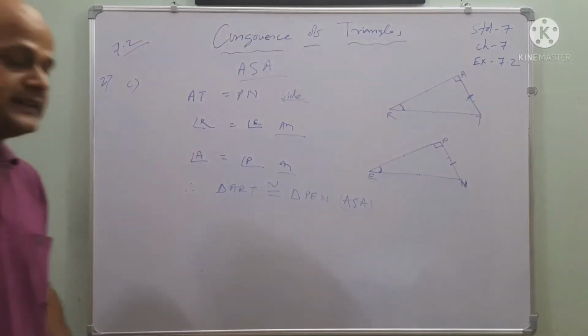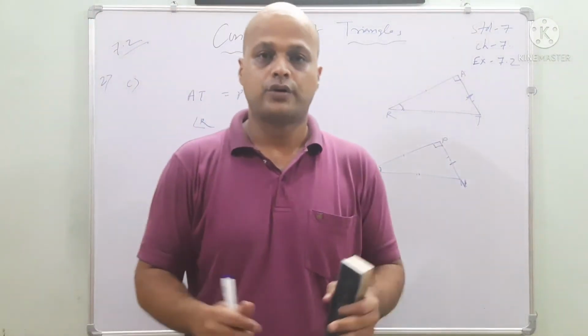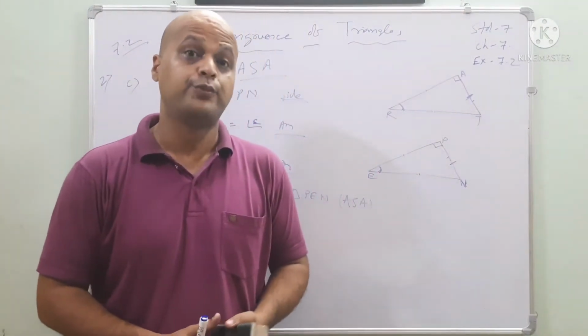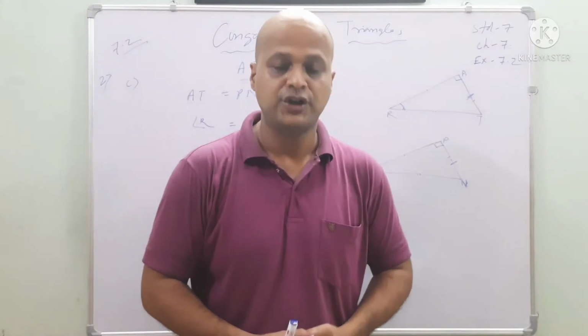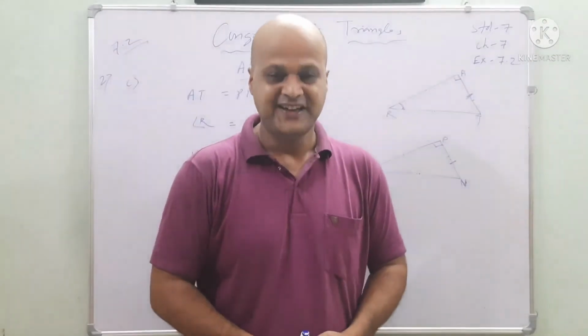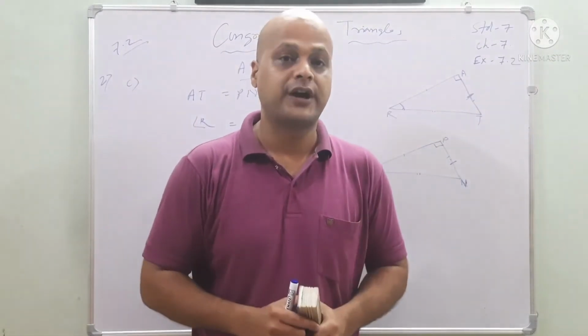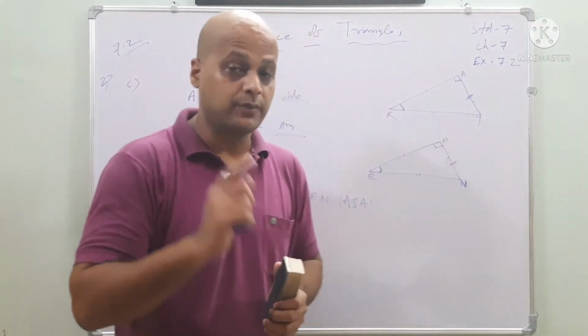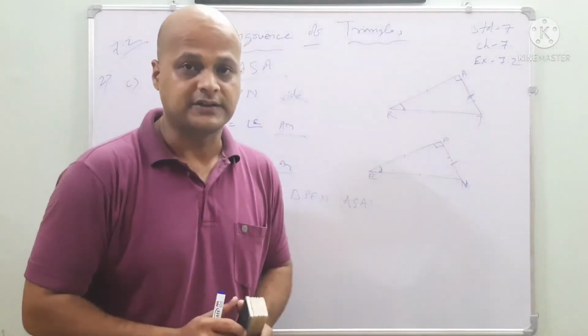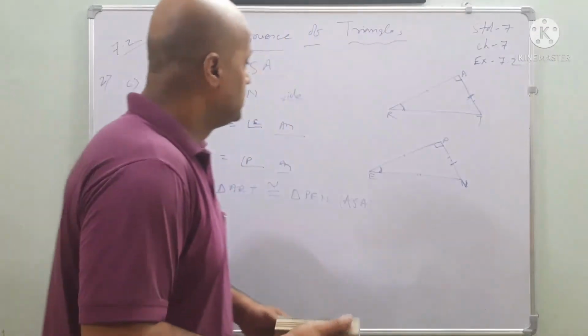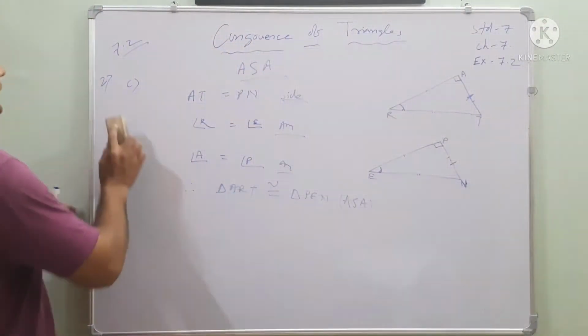So in this manner you have to follow the criterion and prove whether the triangles are congruent with each other or not. Okay. So my dear friends, it is very very important so that you can remember it. Remember the rules and clear your answer. Understood? Okay, my dear friends. Third one.